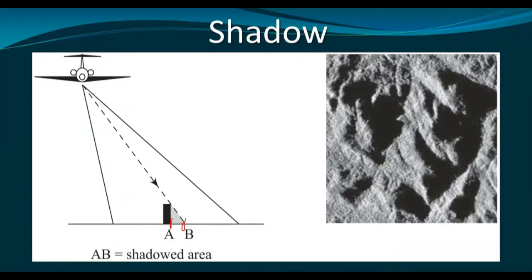Therefore, radar shadows are a great problem, and this radar shadow can be seen in case of variable terrain, or even if we have high rise buildings in the urban areas, then also shadows may appear, and shadowed areas will not be interpretable or any information will not be available in the shadowed areas. So this is again another problem for radar image interpretation. And on the radar image, a lot of areas may appear completely black because of this shadow.